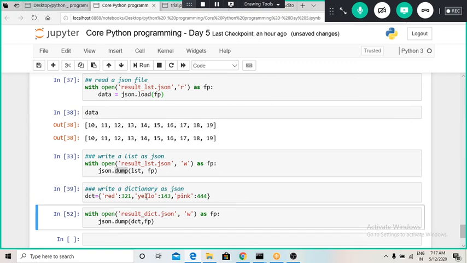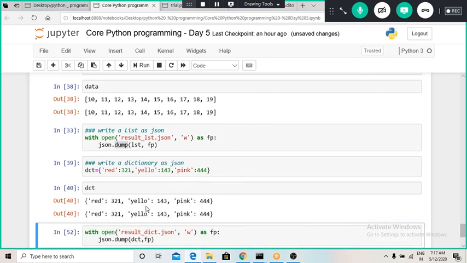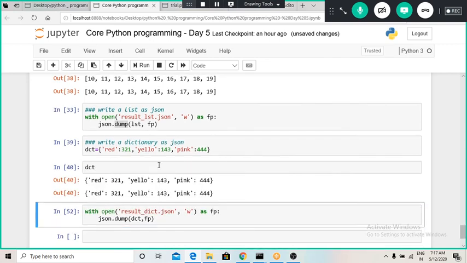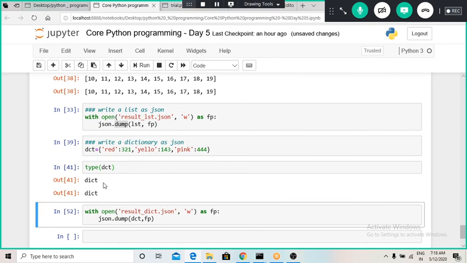Let us define this dictionary and print it. So here is our dictionary. We can also check the data type of this using the type function, and we can see the data type is dict.